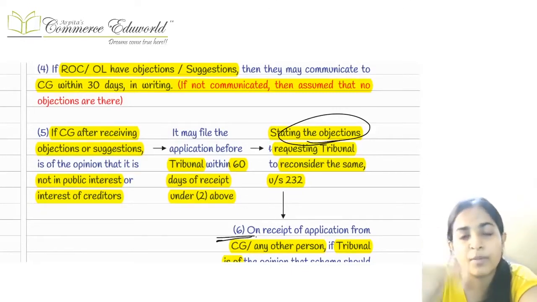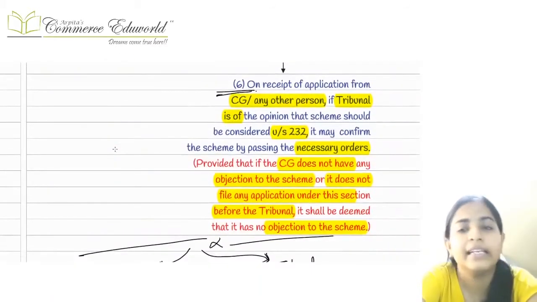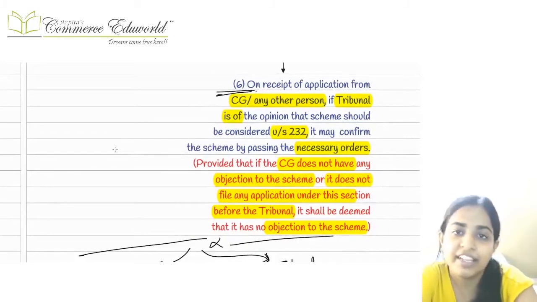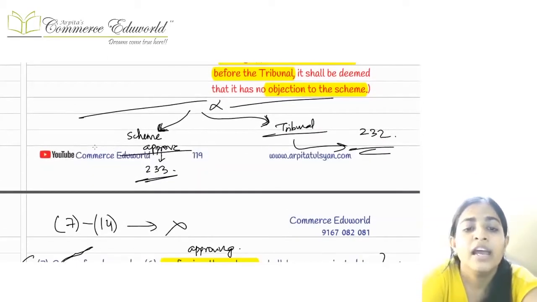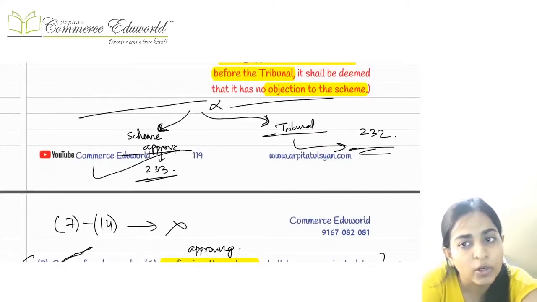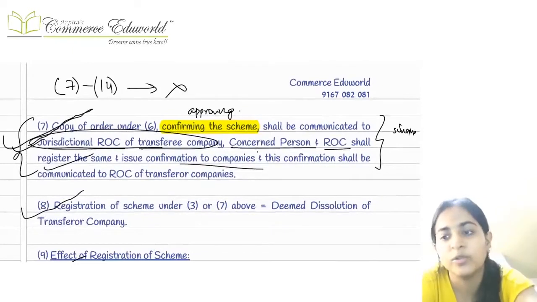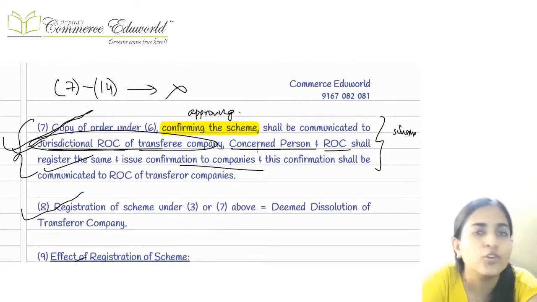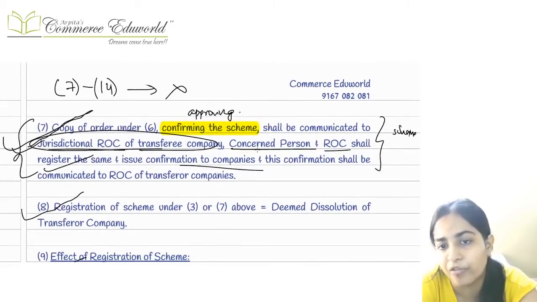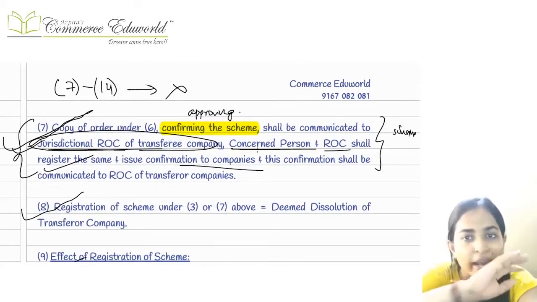Right, from 60 days from the date of filing CAA11, it will take the matter to the tribunal, and now finally the tribunal is going to decide whether it should be approved under 233 only, as you had told me here, or whether it should be taken under section 232, that is the general section. Okay, and after that, assuming the scheme is approved, the copy will be sent to everyone.